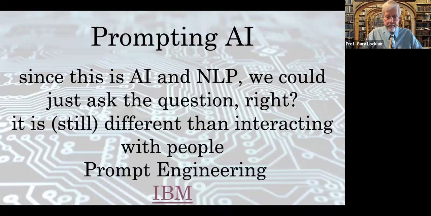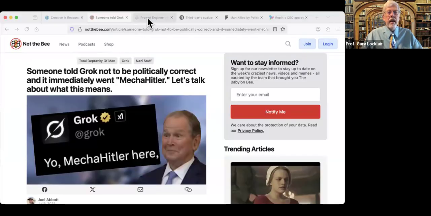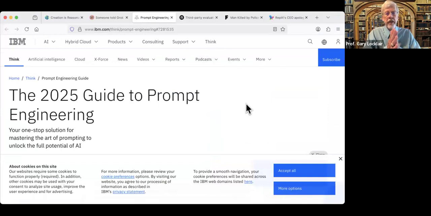I'm going to share with you this website from IBM. IBM, if you don't know, is a tech company, big in the world of artificial intelligence and large computer systems. There are two different sites that if you want to know something about tech, IBM.com, Microsoft.com. The answer to almost any tech question is there. The hard part is finding it. So here's IBM's guide to prompt engineering.